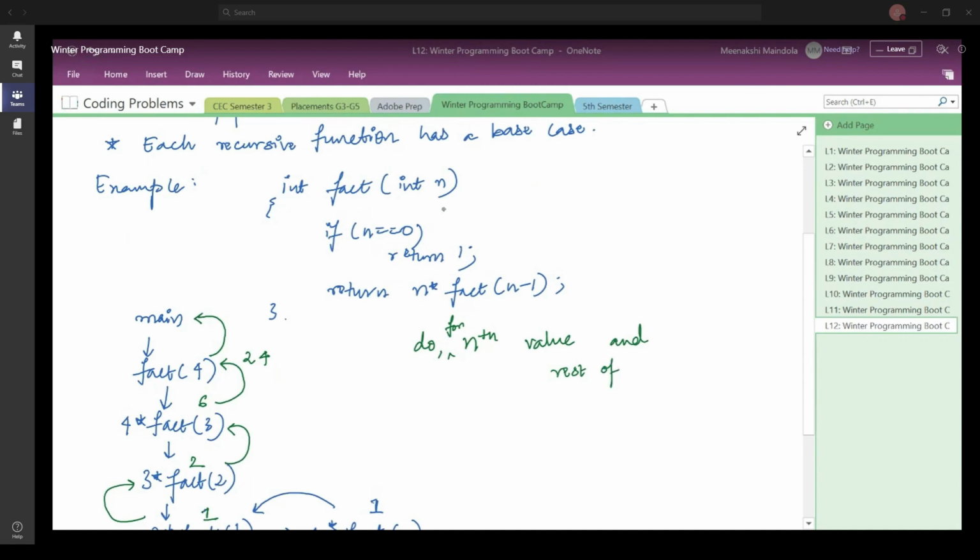For the nth value, you say I should return n into fact of n minus 1. It is like you are telling the function that this is how you do it for the value n, and the rest of it, it is going to do for you by itself, right?